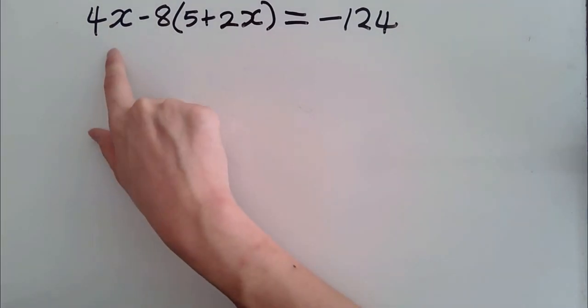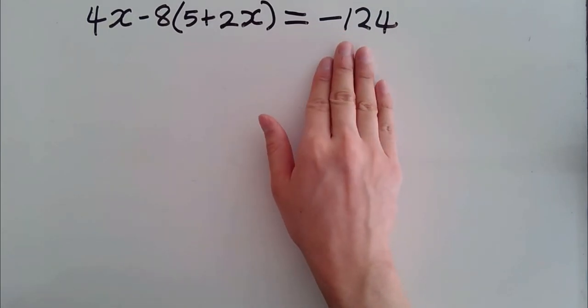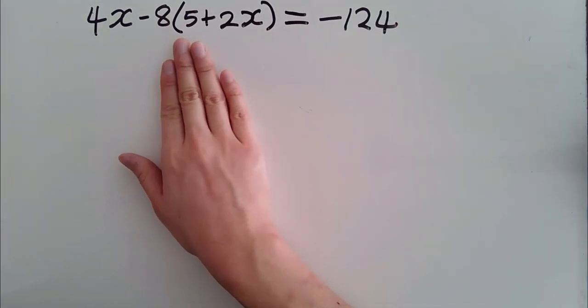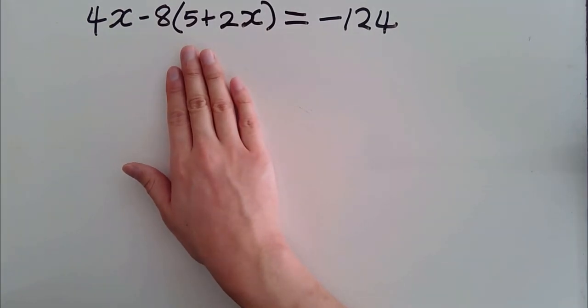Then try to think of a way to make it look easier. Over here on the right side I have negative 124. That does not look very scary. But on the left side I have 4x minus 8 times (5 plus 2x). And that definitely does look scary. So